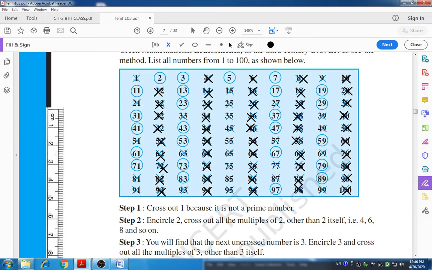Now we encircle the 3 and now we will cross the multiples of 3 other than 3 itself. Okay, 3 ones are 3, 3 twos are 6, 3 threes are 9, 3 fours are 12, 3 fives are 15, 3 sixes are 18, 3 sevens are 21, 3 eights are 24, 3 nines are 27, 3 tens are 30. Okay, in the table of 3 we can see that the difference between two numbers is 3. So after 30 I can cancel 33, 36 already cancelled, then 39, 42, 45, 48,